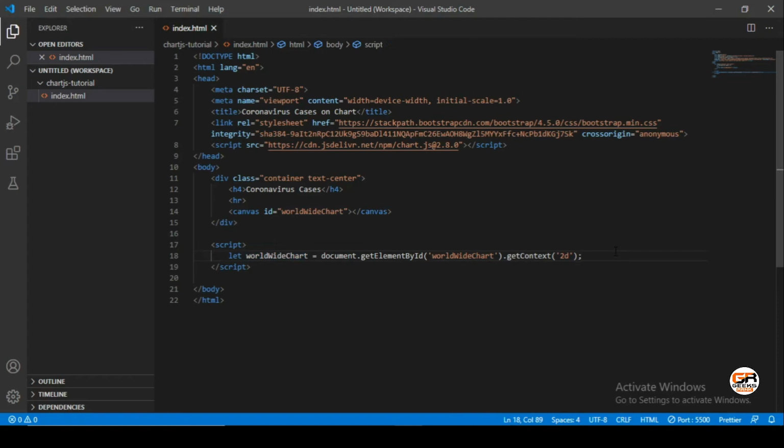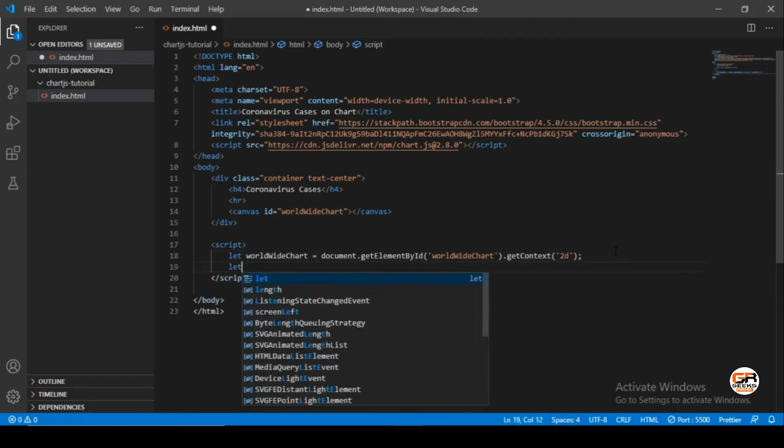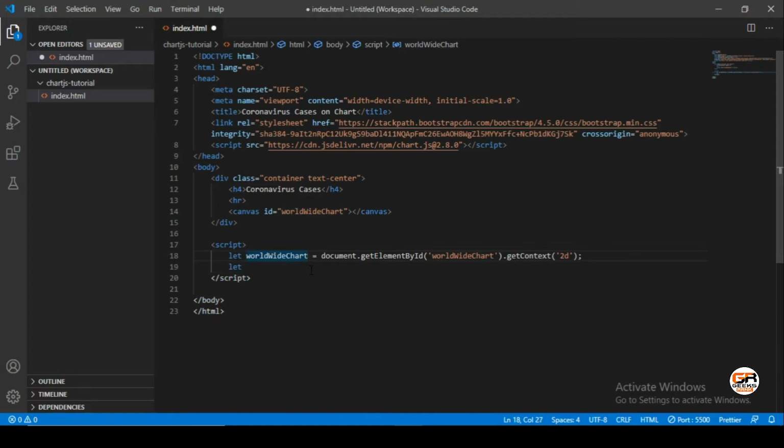After that we will initialize the chart. We will name it as ctx, and after that we will create the world chart, initializing the chart with the new keyword and Chart. The first parameter will be the element in which we display the chart.